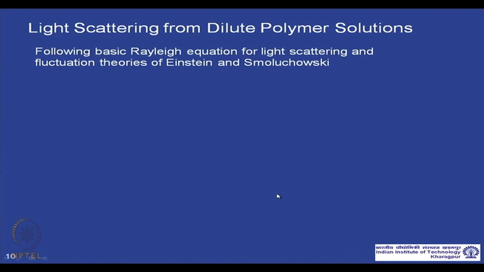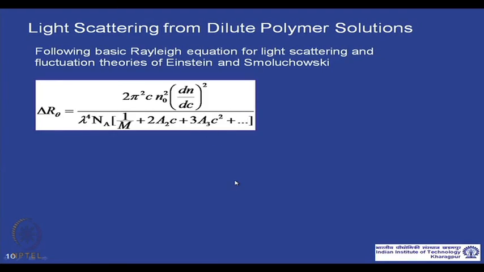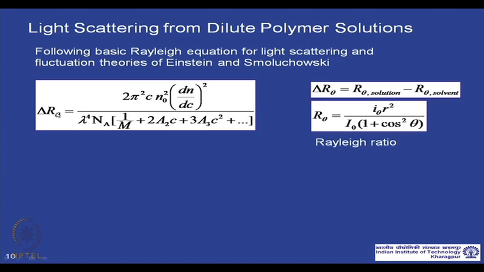So, we go directly to the scattering equation, which is based on the basic Rayleigh equation for Rayleigh scattering, and also on the fluctuation theory of Einstein and Smoluchowski. This is for a small solute molecule, a point scatterer. So, we can get an equation like this, where delta R theta is,